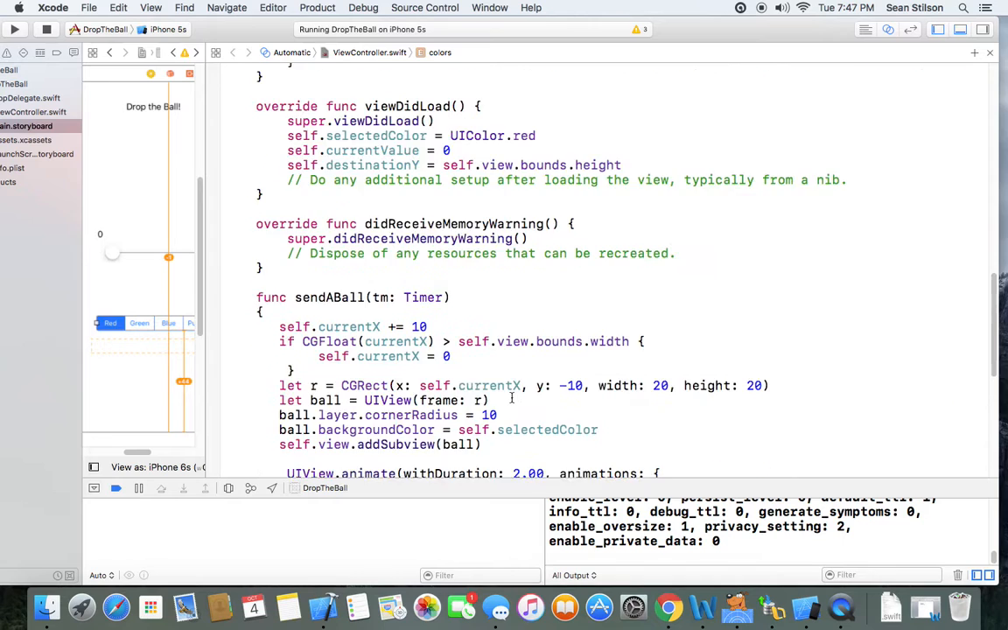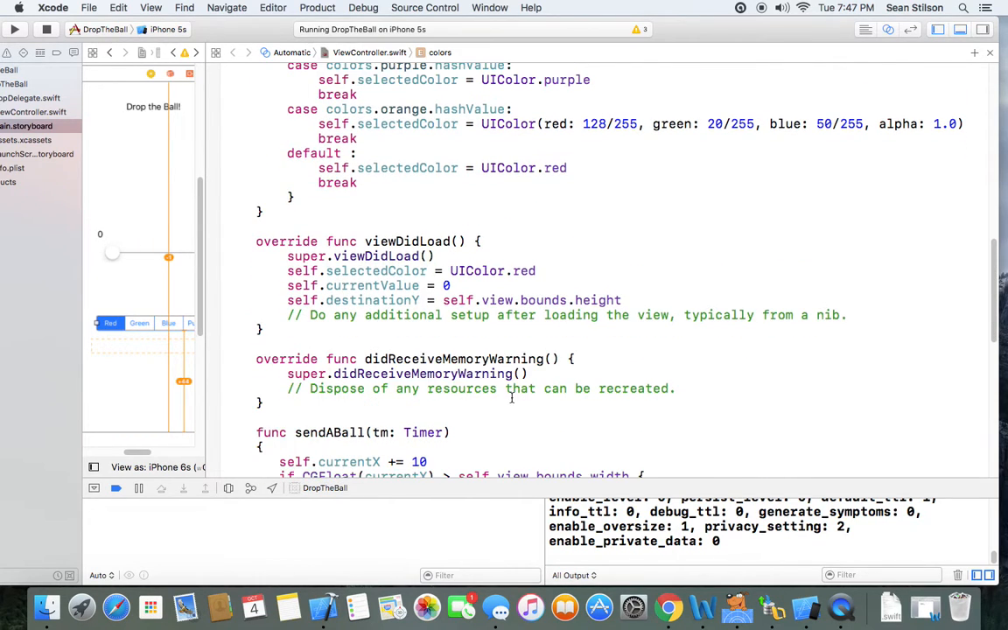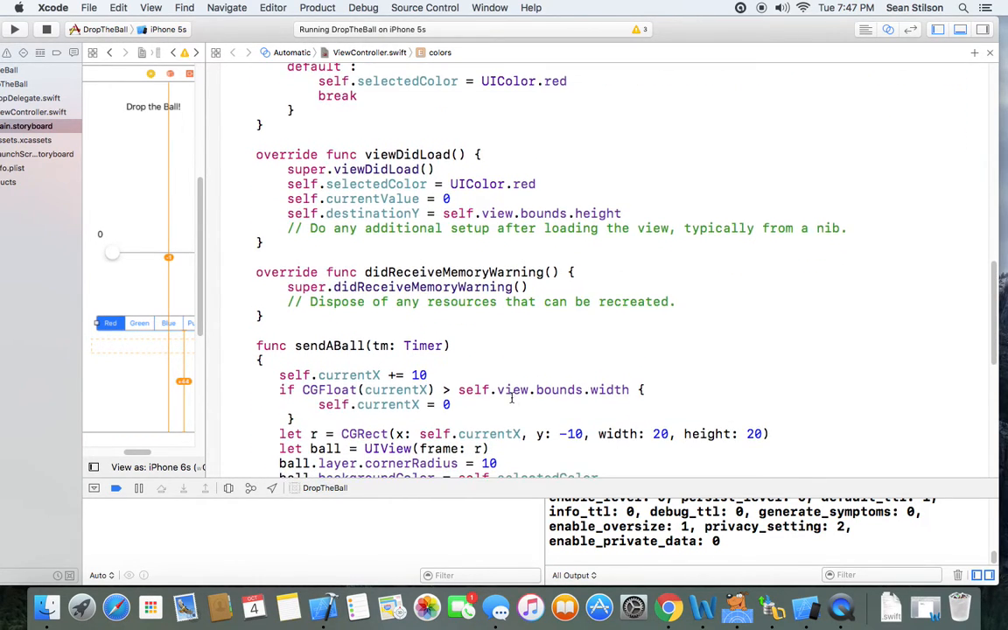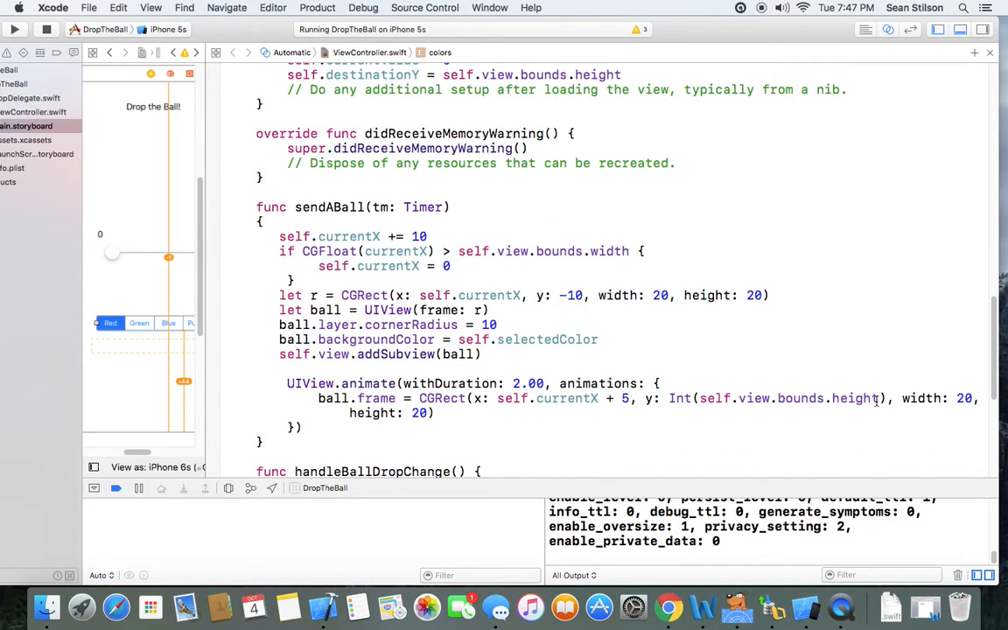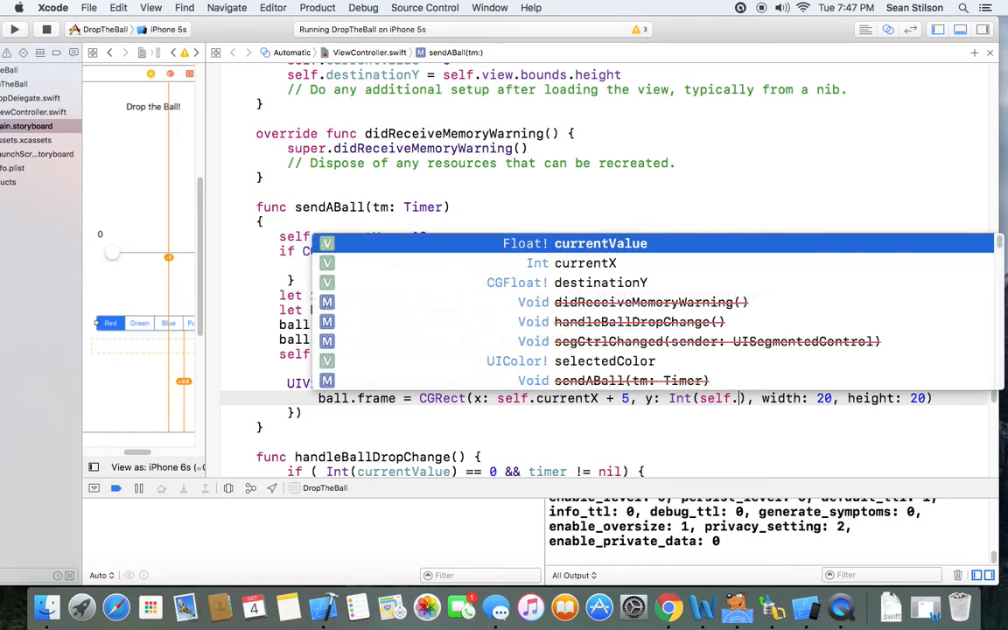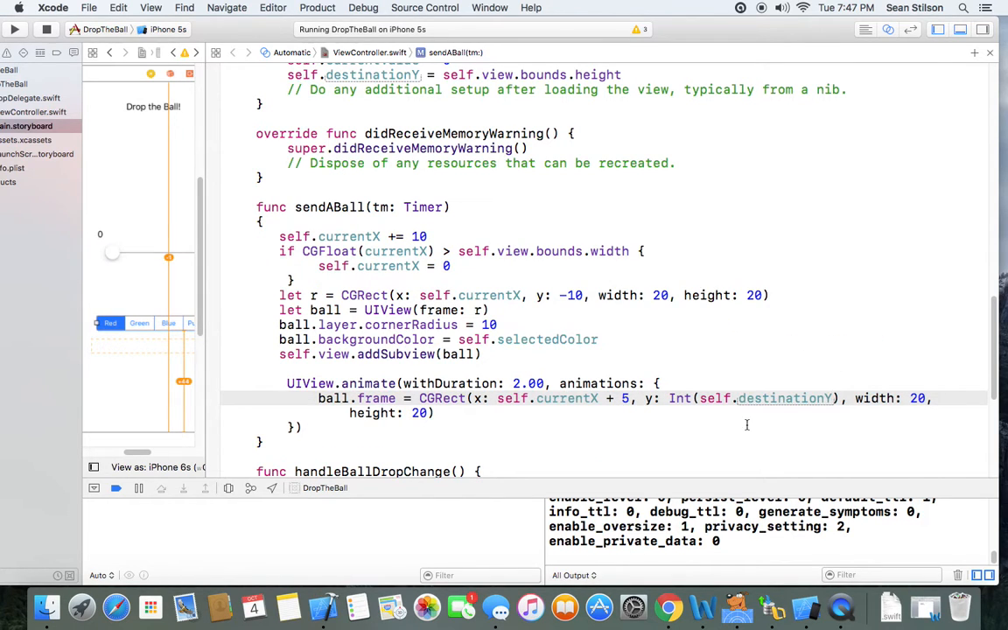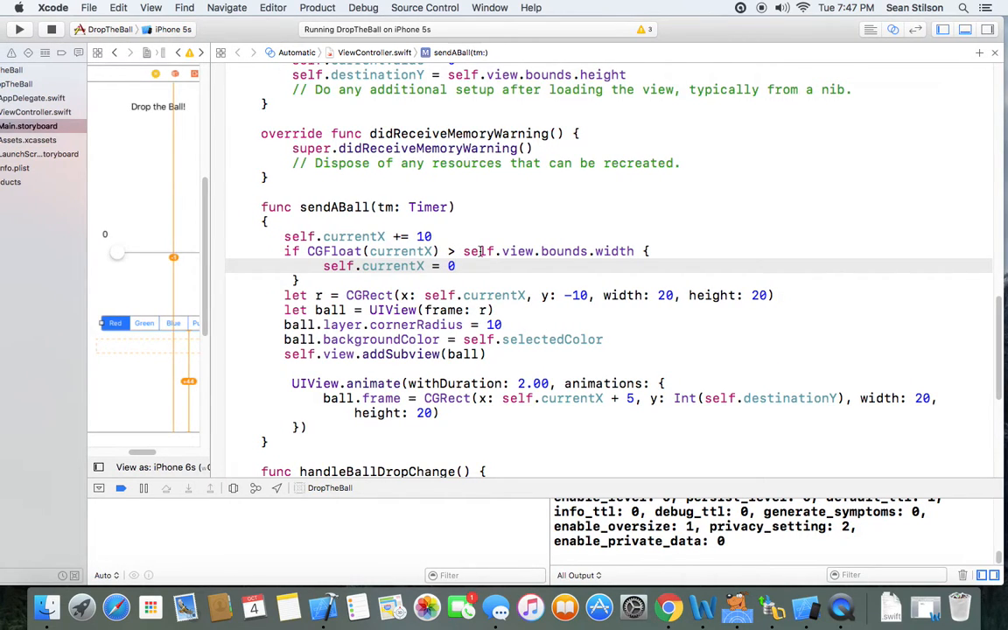All right, viewDidLoad, destination Y. Then in our sendABall, our destination Y is going to be, instead of self.bounds.height, we'll say self.destinationY. Which way did you get this one? Or UIView.animate? Yes. What the hell did you just